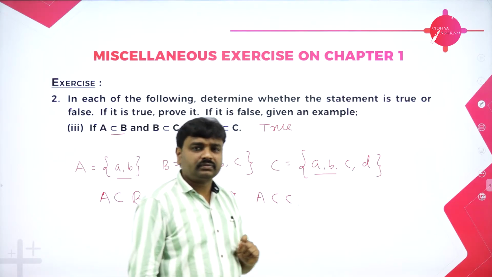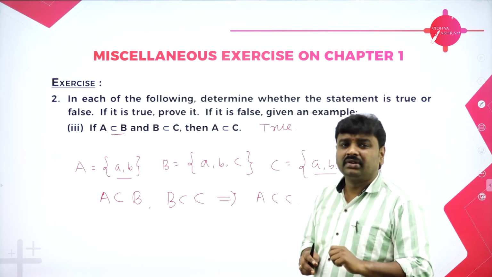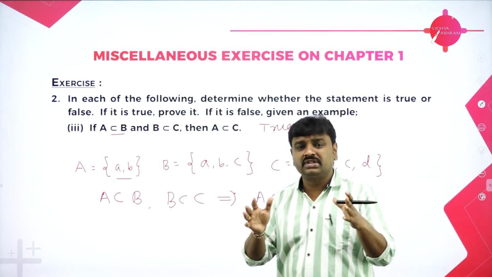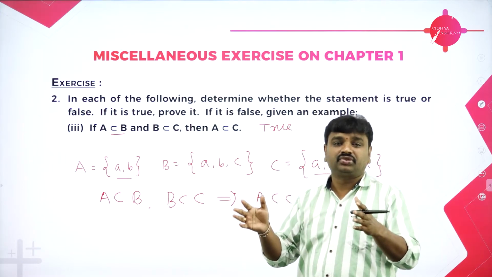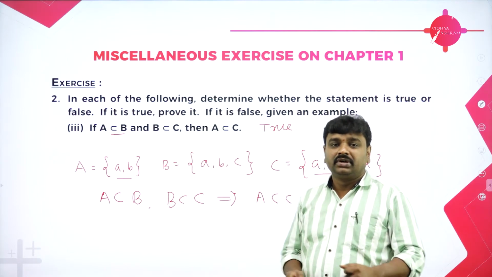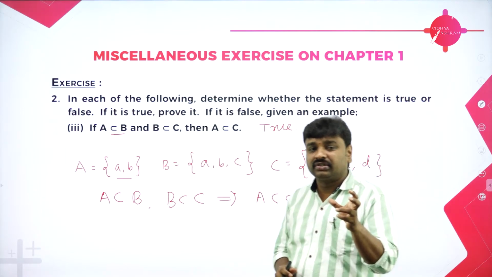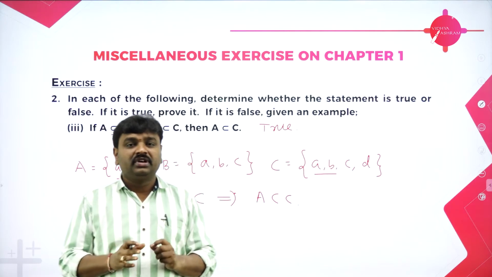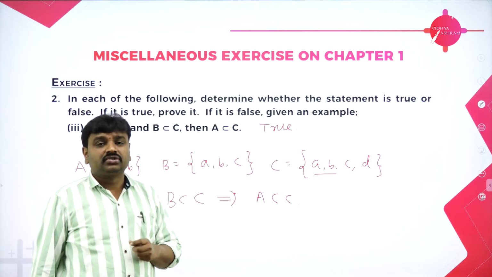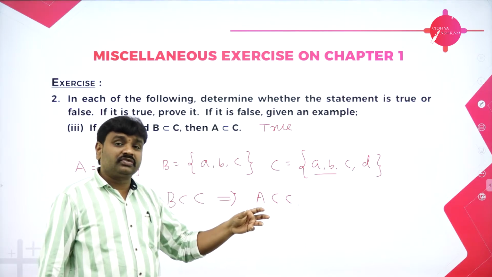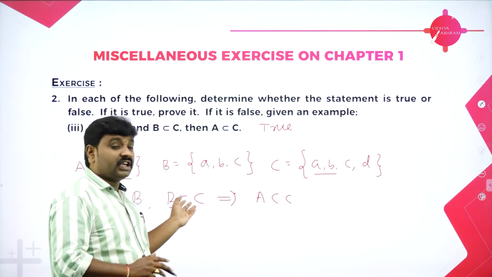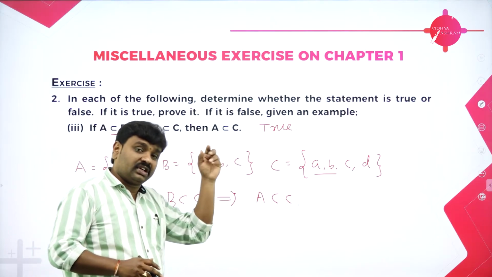Got it? My best example is basic math students. The set of basic math students is a subset of first PUC commerce students, which in turn is a subset of Vidyashram college students. So the set of basic math students of Vidyashram is a subset of what? Vidyashram college students. So if A is a part of B and B is a part of C, then A will be a part of C.